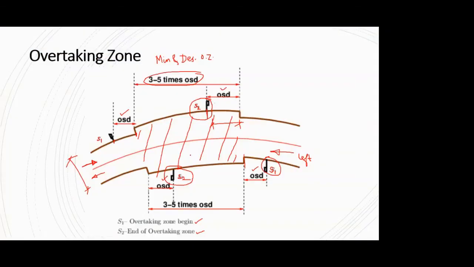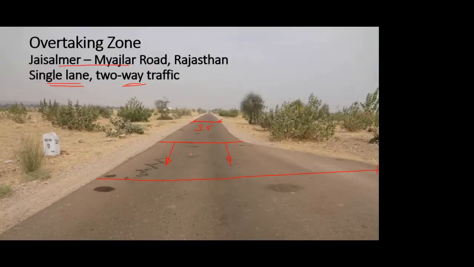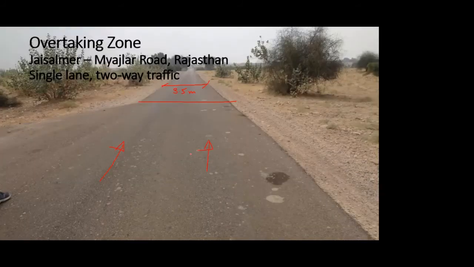This is the theoretical way. I'm not saying that always they provide it on one side, but it may be provided on one side. It may also be provided on both the sides. Now coming to the numerical part, whatever formulas you had written, a small numerical we will be taking.